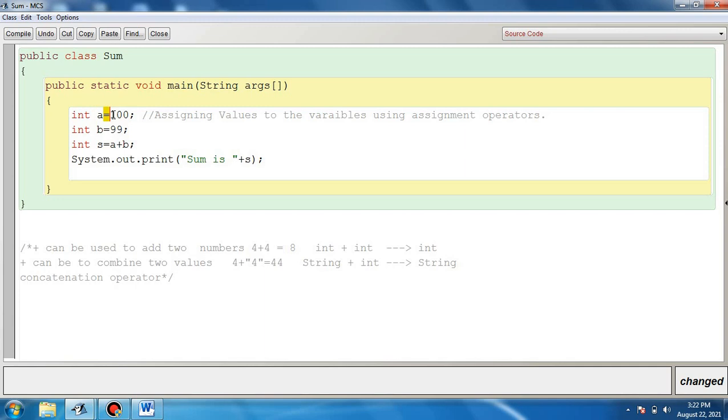If I ask you to add different numbers next time, then you have to make changes in the program every time. So is there any way out so that we don't have to make changes in the program each time to add different numbers, and we can store different values in the variables? How? Using a method argument, or you can say a function argument. This is called a parameter or argument.